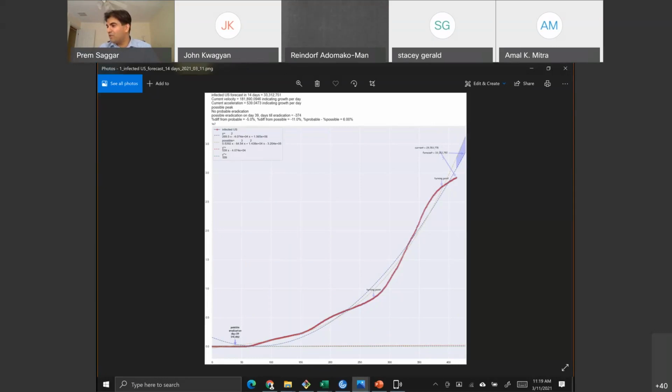And I remember when it was like 1 million, right? I remember being scared at 10,000. And now we're at 29 million right now, which is unbelievable. So our forecast is 33 million, we're at 29 million right now, and let me explain this.